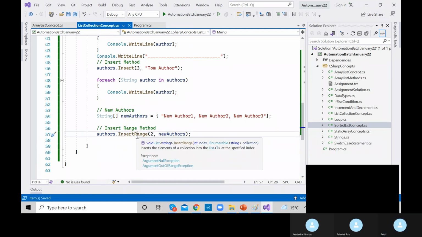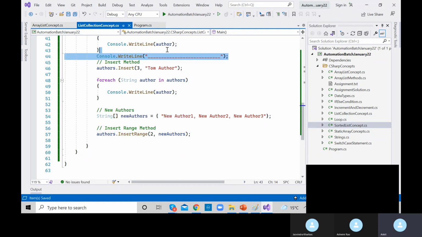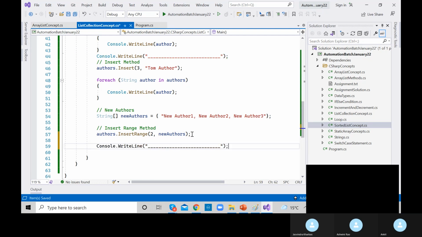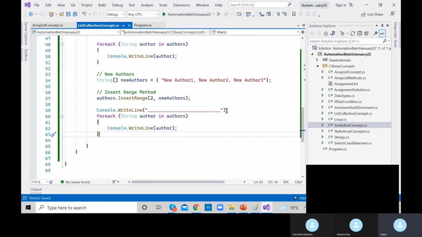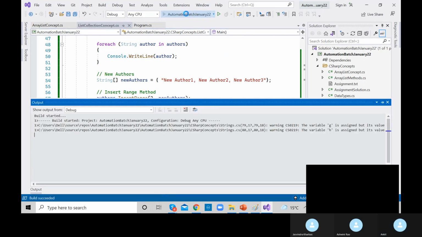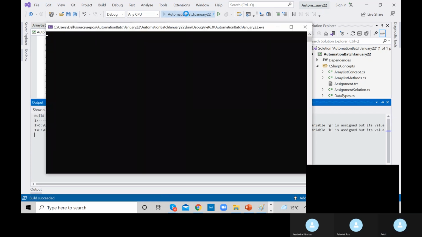Okay, and again separate this and print all the values using a foreach loop. You just need to understand the concept of how it's working. So if I execute this,